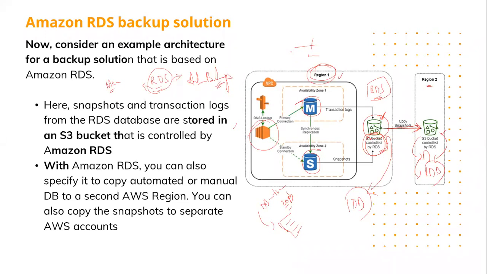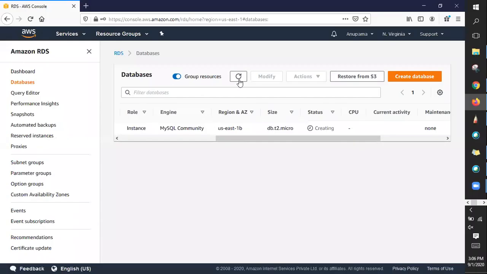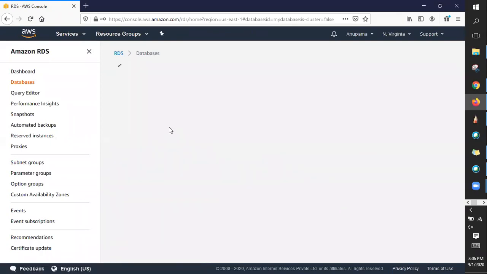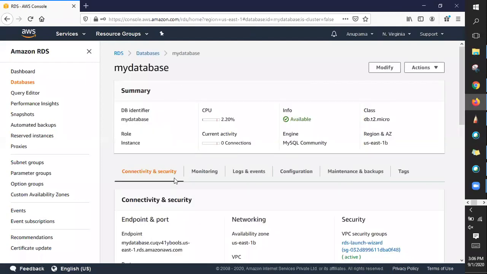How do the two databases communicate? If you enable multi-AZ, you will see two databases created. Once your database instance is ready, you click on the database and connect to it with this endpoint.